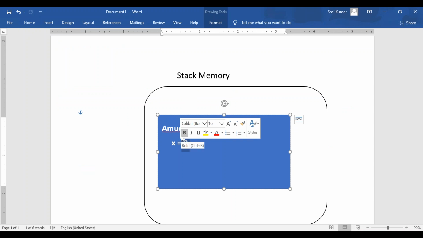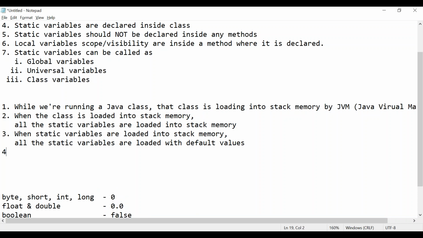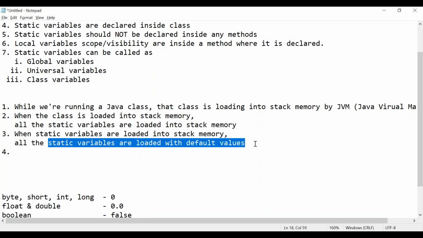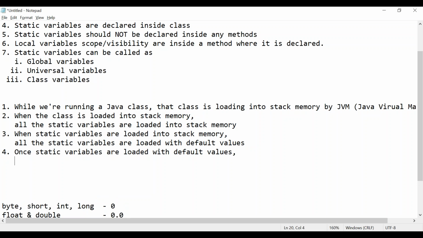The fourth point is, once static variables are loaded with the default values, then reinitialization will happen from top to bottom. From top to bottom.